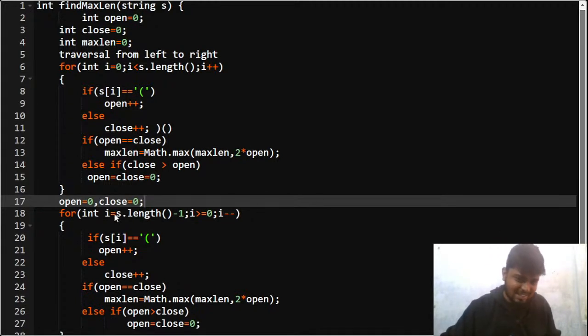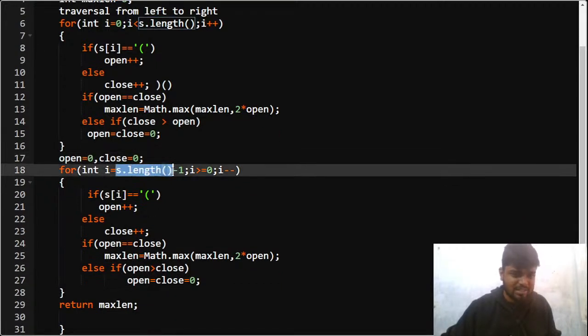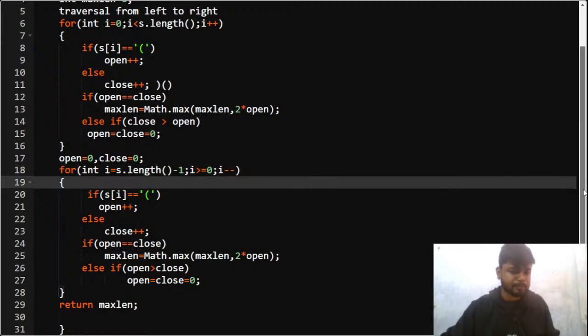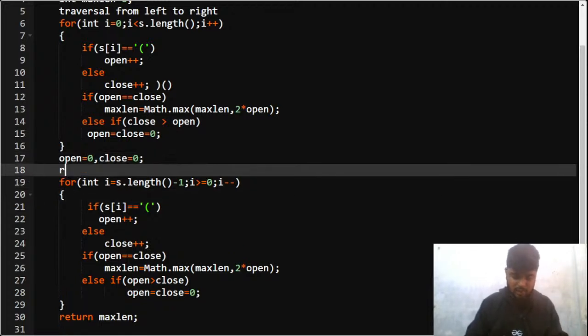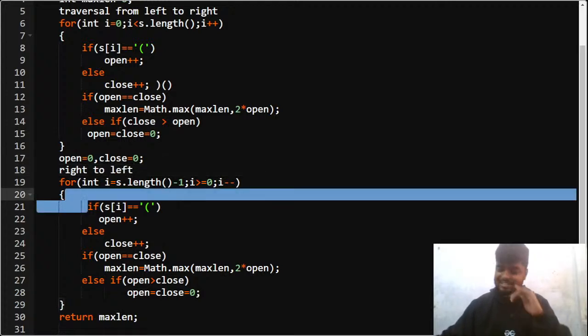And after that, as I said, I'll be iterating from n-1, you can say s.size or s.length - 1, and then i is greater than or equal to 0, right? So in this way I'll be doing it, and again I'll check if there is an opening, if I'm moving from right to left. And also notice that if I'm moving from right to left, then also I'll mark my open and close as 0, right? So if I'm moving from right to left, the thing that was looking to me as opening will be closing, and the thing that was a closing is an opening.